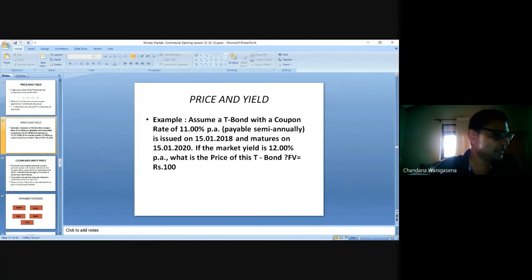Right? Then the 24, there are 2 cash flows. One is the coupon and the final one is the principal. Coupon 5.5 divided by 1 plus 0.06 to the power 4. So then the final cash flow is 100 divided by 1 plus 0.06 to the power 4. 6% is 0.06, that's how you get the 0.06. The present value of the first cash flow